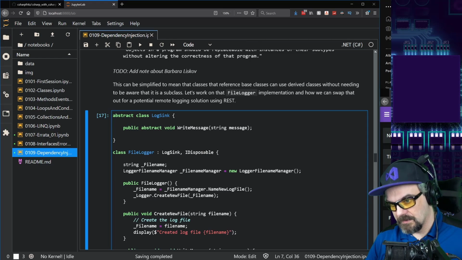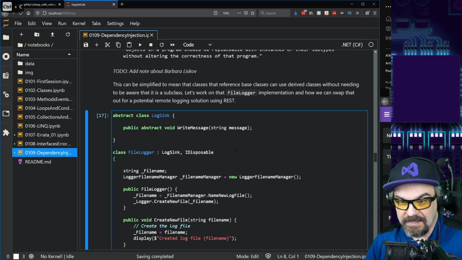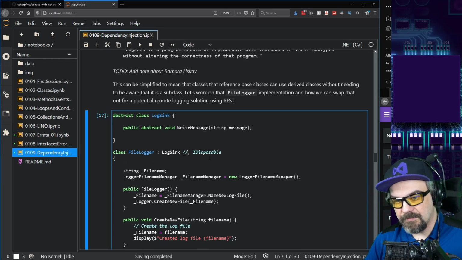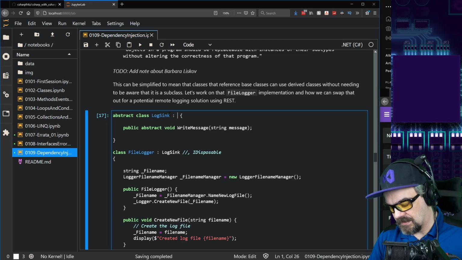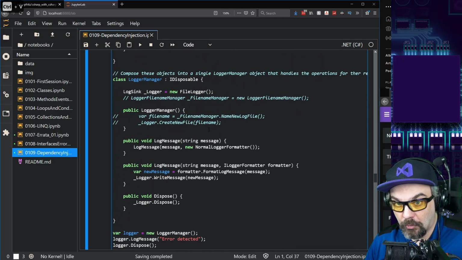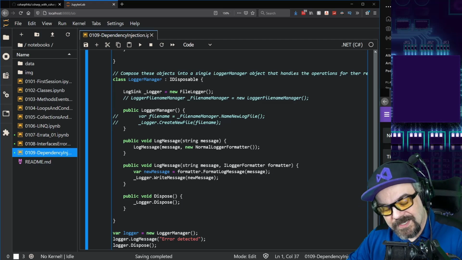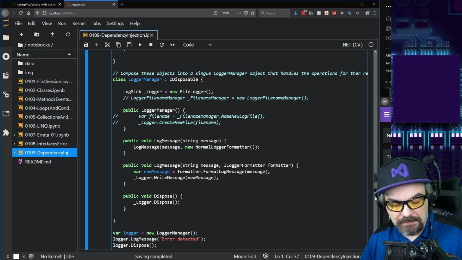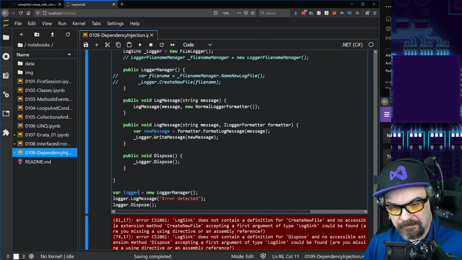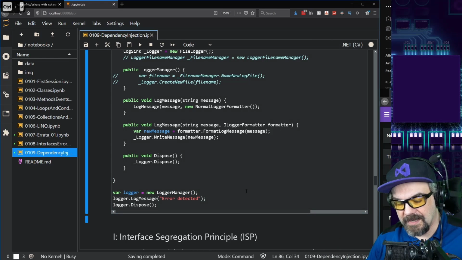So we know that classes can implement interfaces, including abstract classes. So I'm just going to move this IDisposable implementation up here. That way we're assured that our logger here is still supporting the dispose method here. So we just moved a couple of those features that we had inside Logger Manager. The rest of our public API for the Logger Manager is the same. And if we try and run the code now,